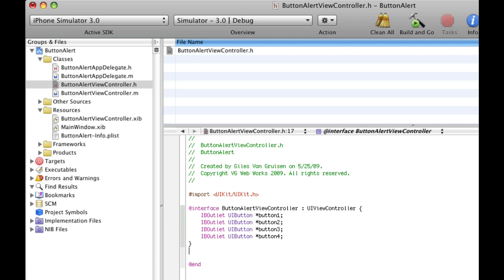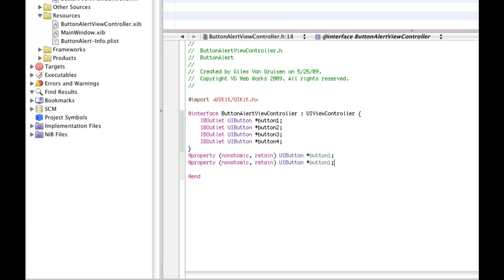And then we need to set up our properties. So we go after the bracket, we want to go @property, space, parenthesis, nonatomic, retain, and then we're going to title it for the button. So we'll go UI button, button 1, semicolon. And we'll copy and paste this again for the other 3, 2, 1,